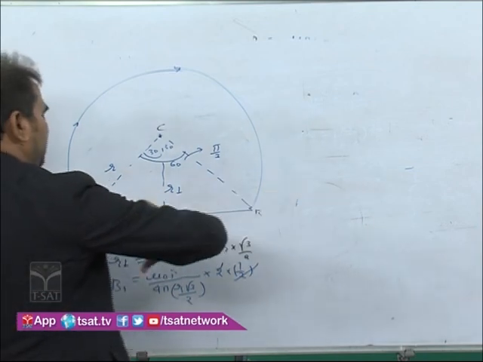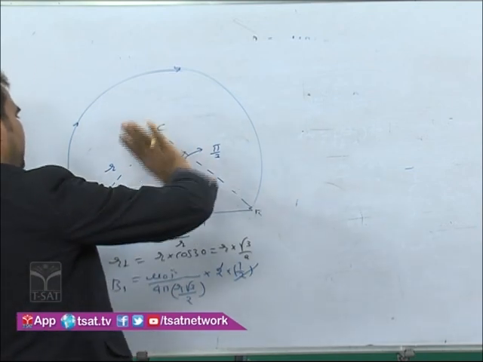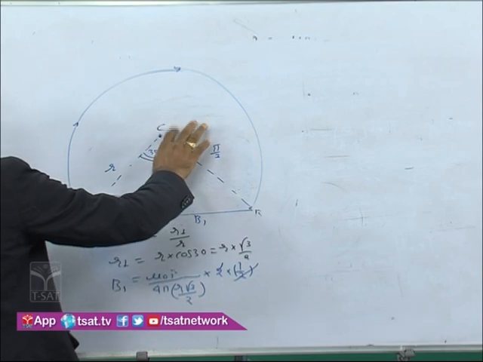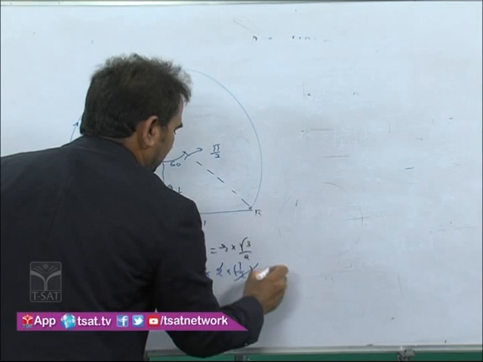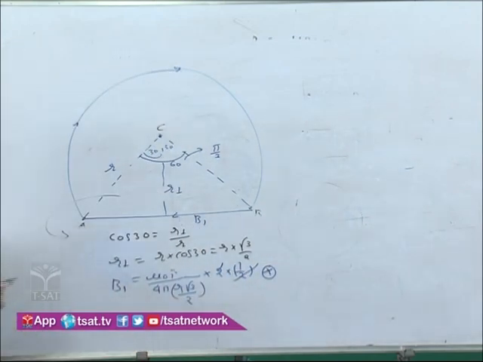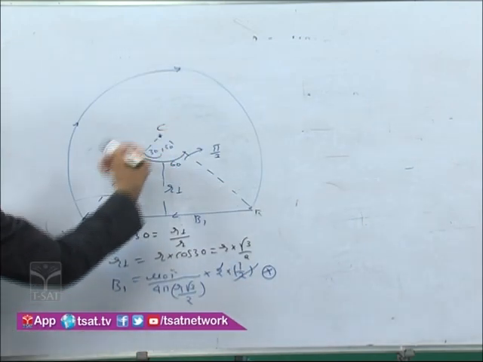This is the direction of current. And we have to calculate the magnetic field induction at the center O. By del cross r, the direction of the magnetic field induction is nothing but into the plane here. So, what is the remaining angle? Due to this remaining conductor, we have to calculate here.